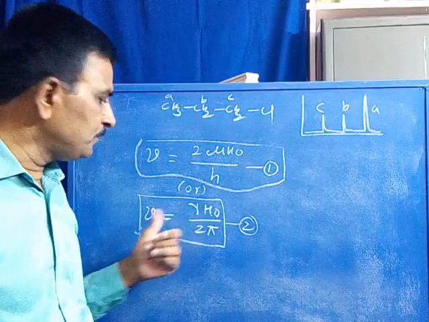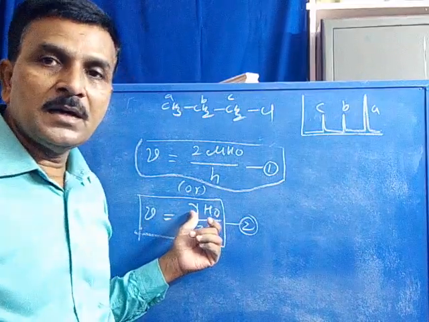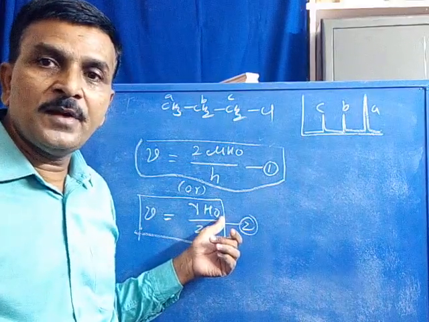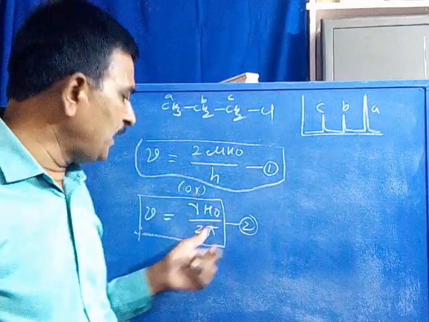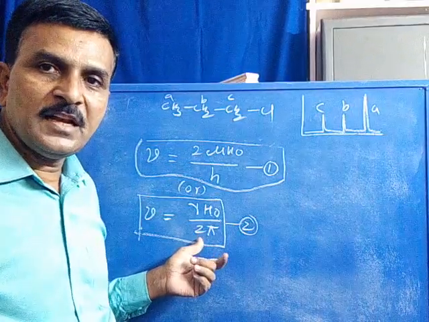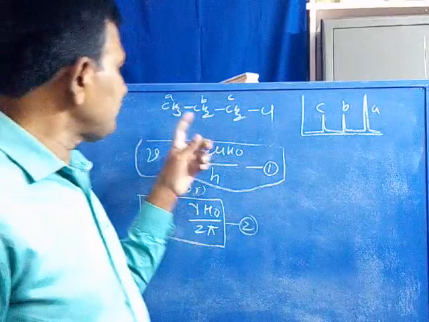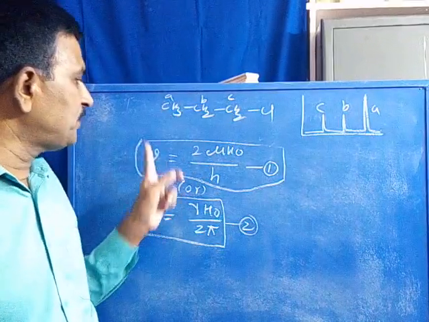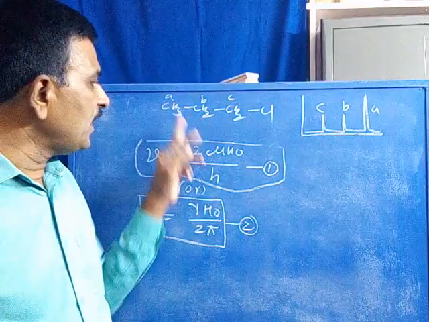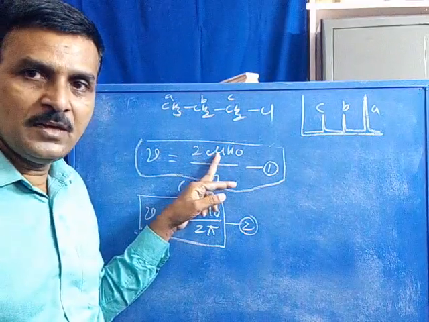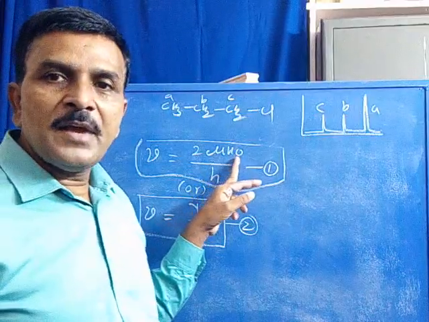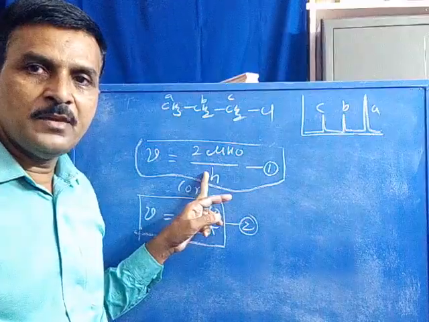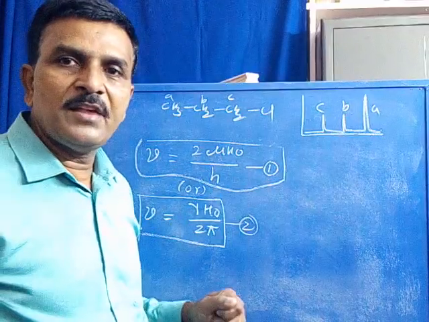The second equation, where this is gamma. Gamma is the gyromagnetic ratio of the proton. H0 stands for the extent of external magnetic field applied. This is 2 pi. Is it clear? Let us calculate the absorption frequency of CH3. Say CH3 absorption frequency is equal to the secondary magnetic field produced by the CH3 group and the extent of external magnetic field applied to the CH3 group, substituting the Planck constant value. Then we will get the absorption frequency.